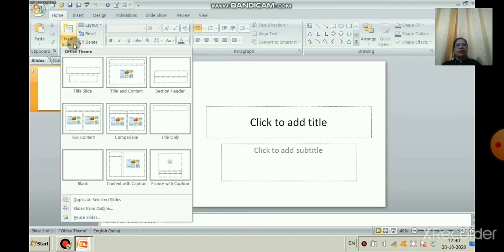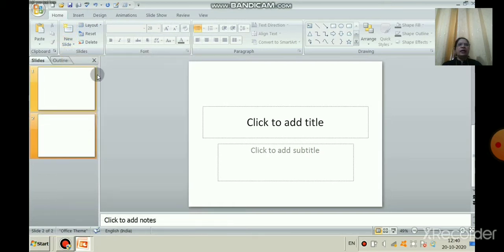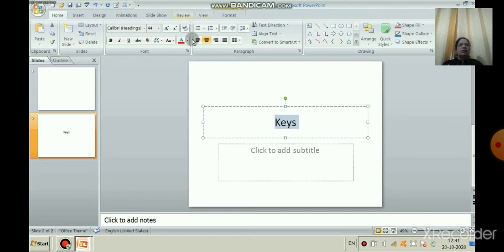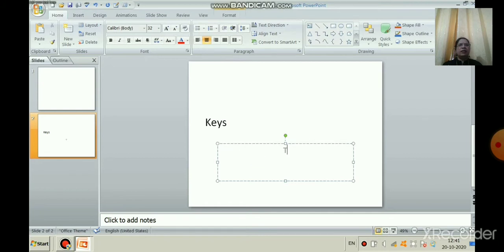In that we will write first as per your lab activity. In the first, click to add title, there we will write Keys. And in the second, click to add subtitle, there we are going to write to prosperity and success. Keys, and take the text to the left side. Again here we will write to prosperity and success. So we will type, what are the keys to prosperity and success. We will write some points